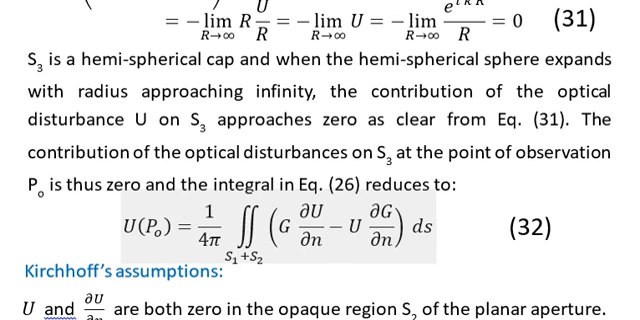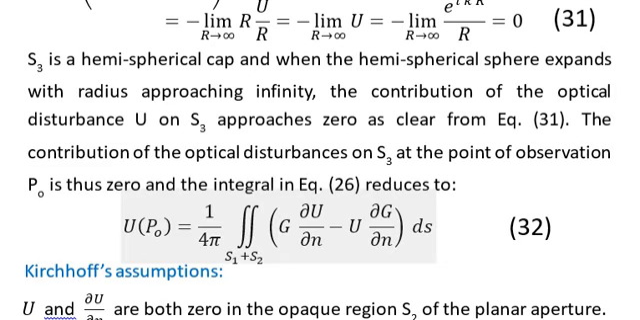So we are left with only two surfaces from which we have to calculate the contribution at the point of observation P0. So U of P0 is equal to 1 over 4 pi times the surface integral, one on S1, the other on S2, and the argument is the same as we have in one of the previous equations. Now we have to solve equation 32, that is, we have to calculate the contribution due to